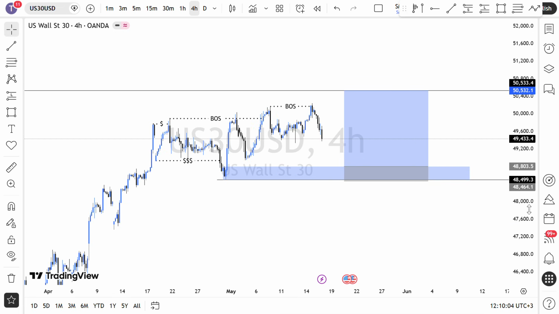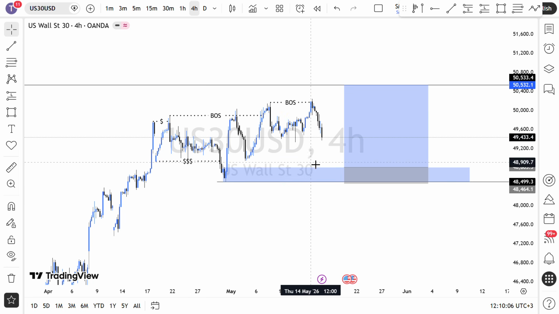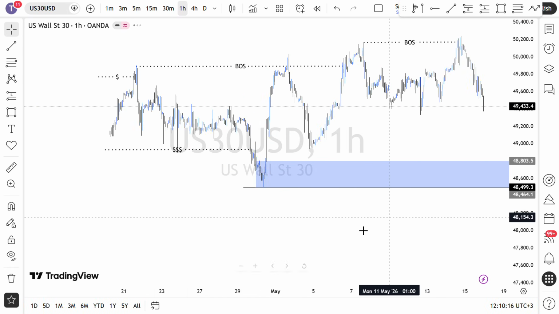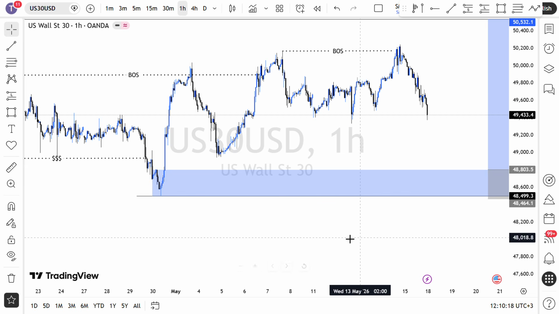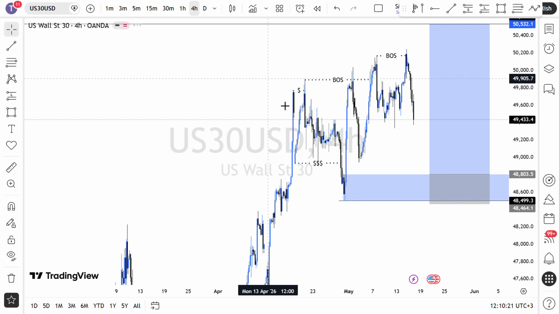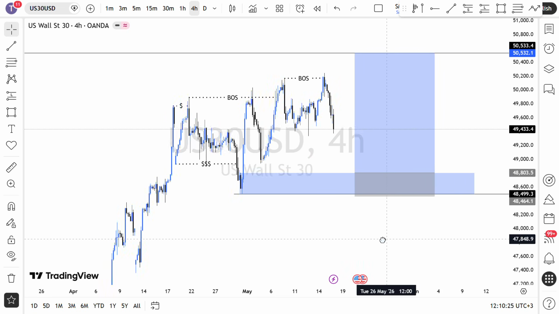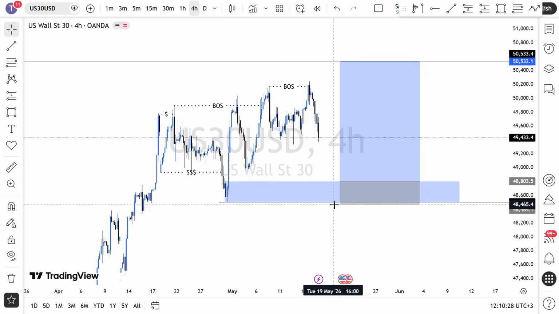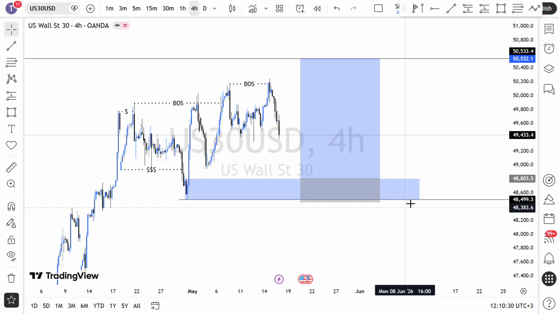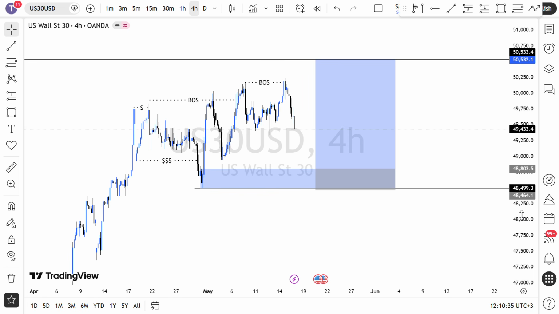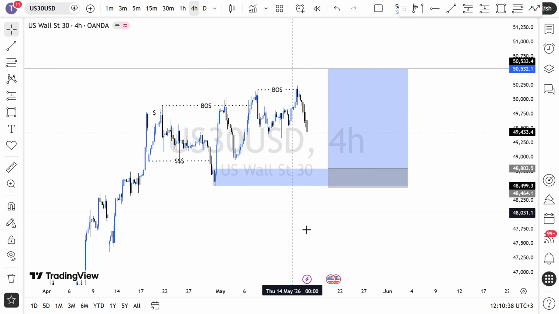So if I want to buy, the best option is to wait for price to come into this extreme point of interest. So all this here, I consider it as liquidity for me, because this has been consolidating around here. So as for me on US 30, I'll be expecting price to come into this area before we take any buys to the upside. So I'm still keen on this. Let us be very keen on this setup as well.